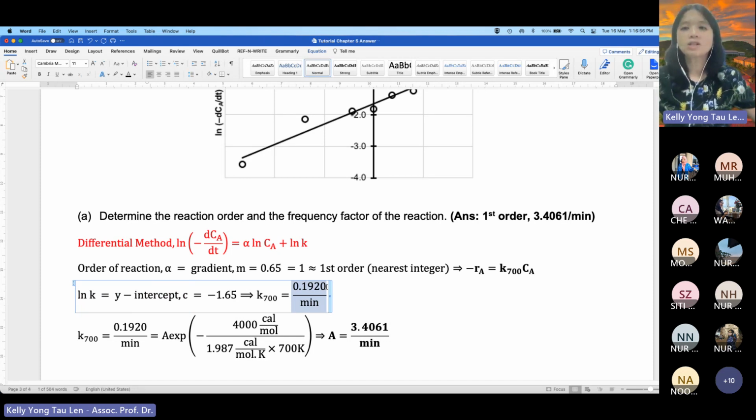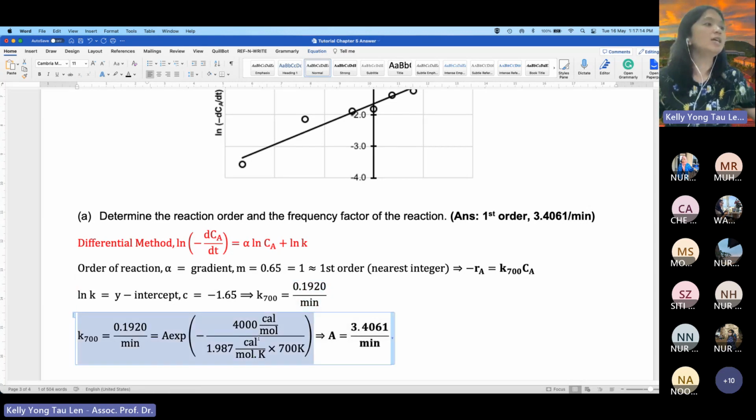So you get your k value as 0.1920. And because this is a first order reaction, the unit of your k will be per time. And tadi dalam soalan katakan unit untuk time adalah minit. That's why nilai k kamu akan menjadi 0.1920 per minute. Okay, so then